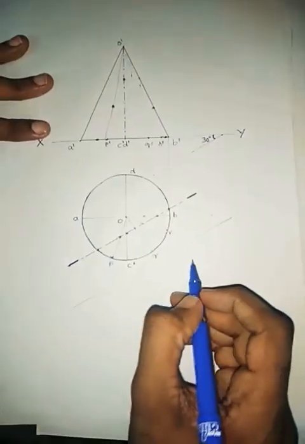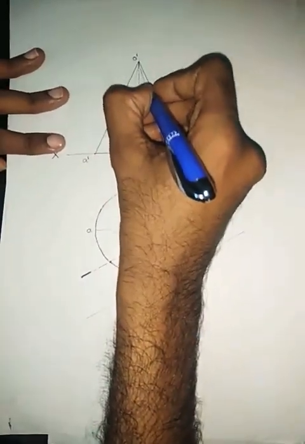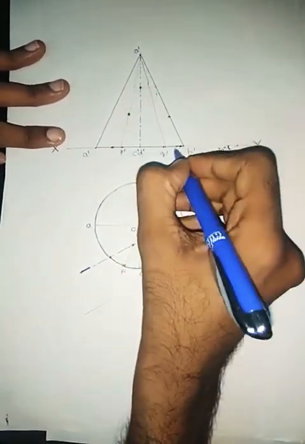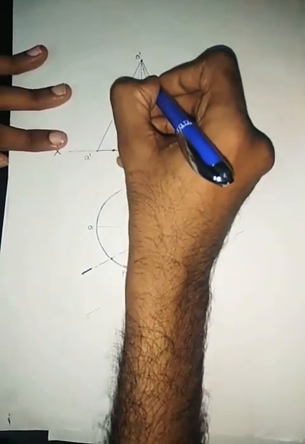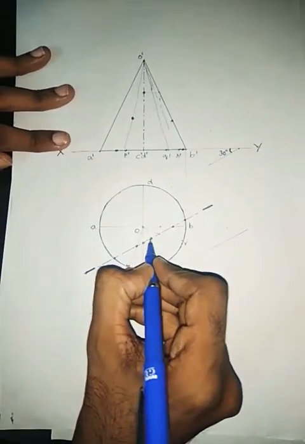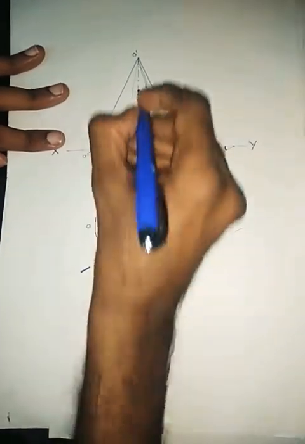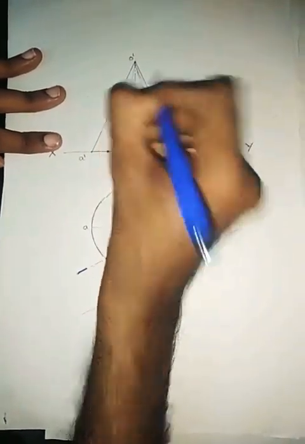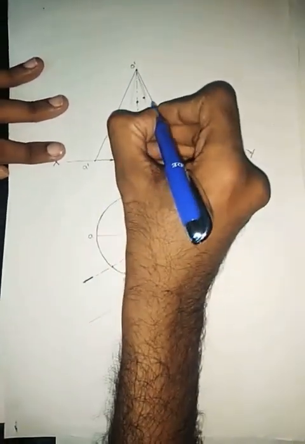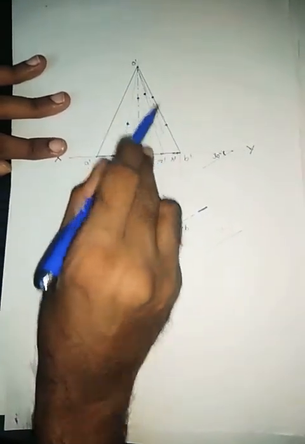As usual, you can project these points. Join Q dash and O dash, and join R dash and O dash. So you are getting some generators like this. Then project this point. You are getting a point here, and a point here. When you are projecting the point on OQ, you have to project it till O dash Q dash, you should get a point here. The point that is lying on OR has to be projected till O dash R dash, you will be getting a point somewhere here.